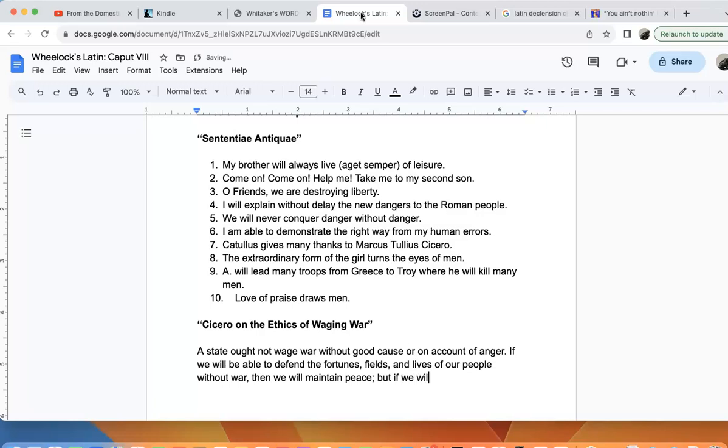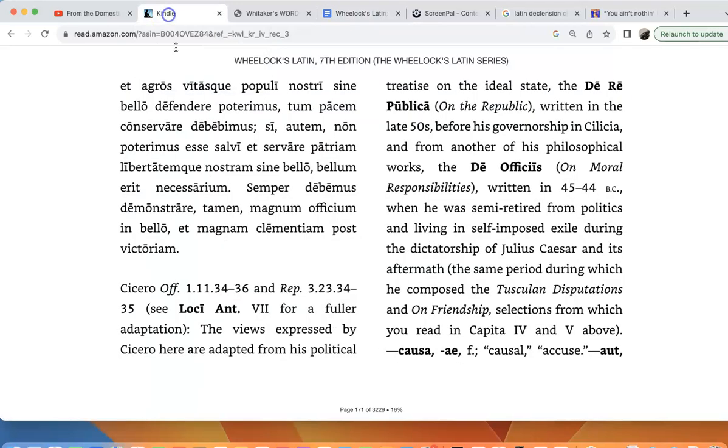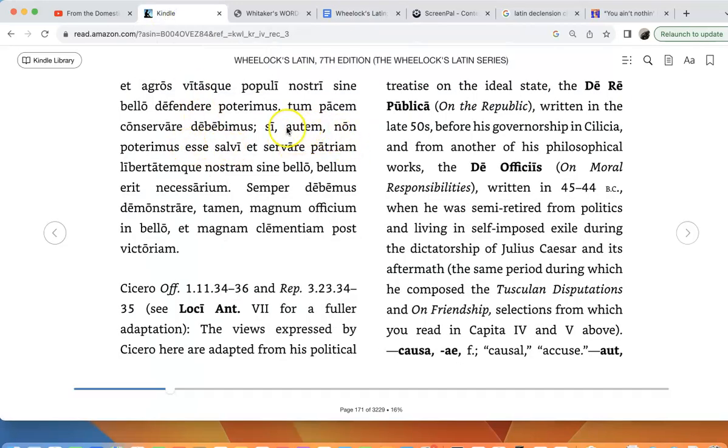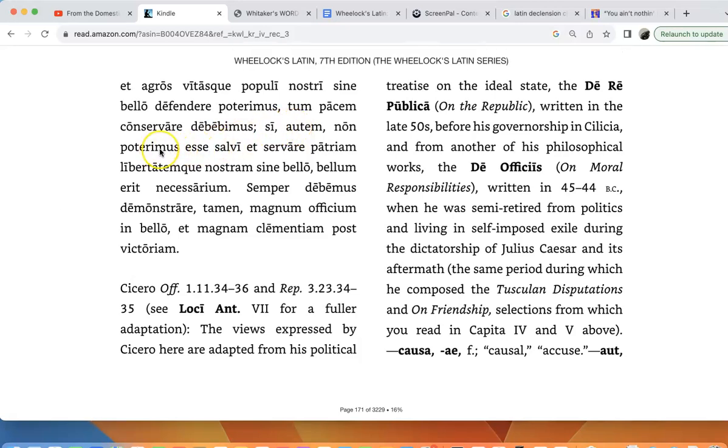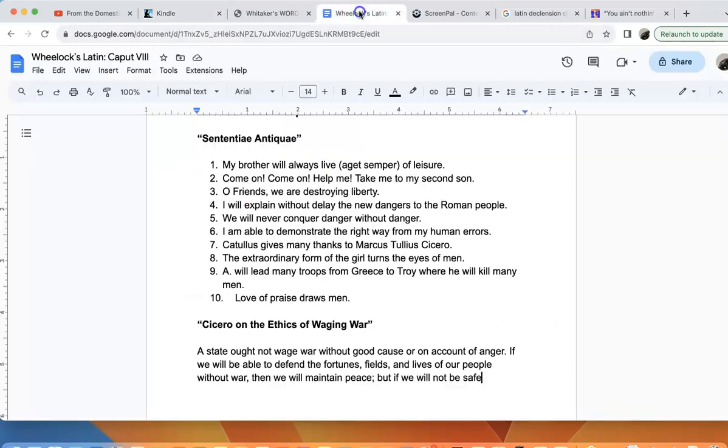But if we will not be safe, so I think we had salvi in the last chapter. So, but if, so mus means we will not be safe, and protect the fatherland and liberty of our without war. So if we will not be safe, and once again, English probably is going to say cannot, and cannot protect the homeland and our liberty without war,